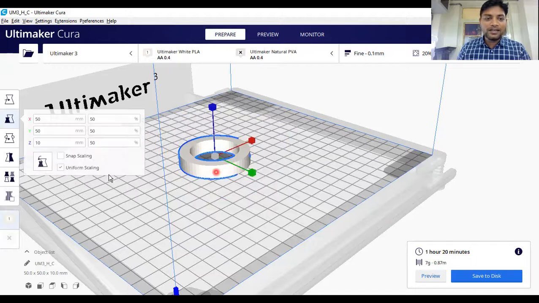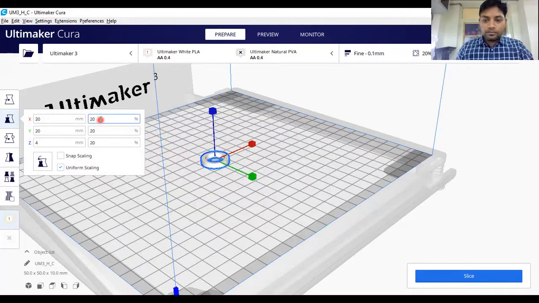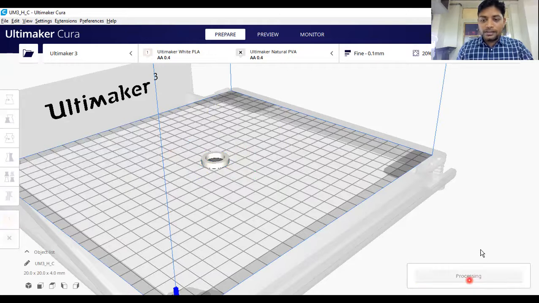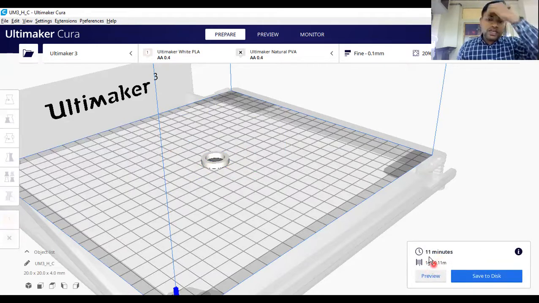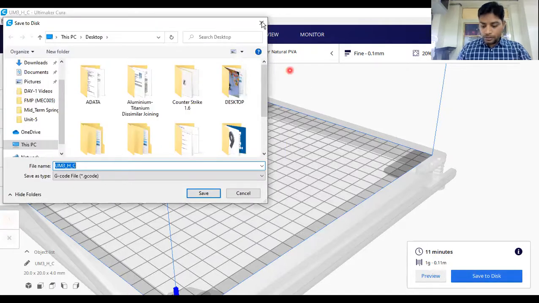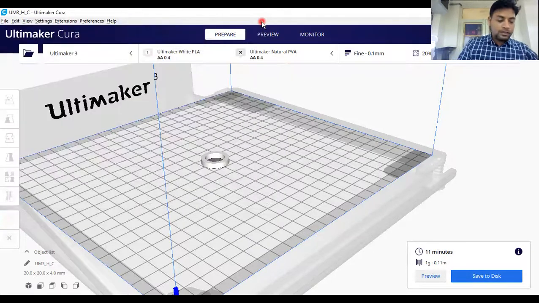Okay, so again I'm selecting this one and I'm reducing it to 20%. Okay, and just select it to see how much time is required. So it will take 11 minutes. Okay, and 1 gram of the material is required, and the length is 0.11 meter. So I'm just saving this one to the disk, but the disk is not available, let me take